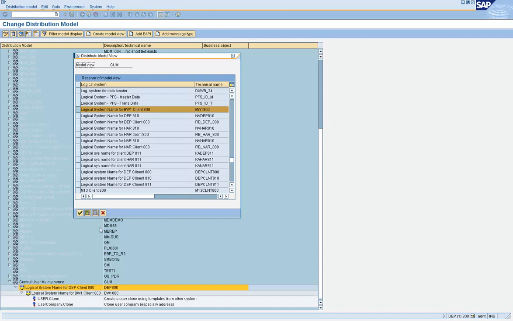So if you have, let's say, defined the BAPIs for 10 clients, all those 10 logical system names would be highlighted here automatically. You don't need to select them. If in case some logical system name is not selected, you can select it by highlighting it. Okay, so once you select, click on continue.